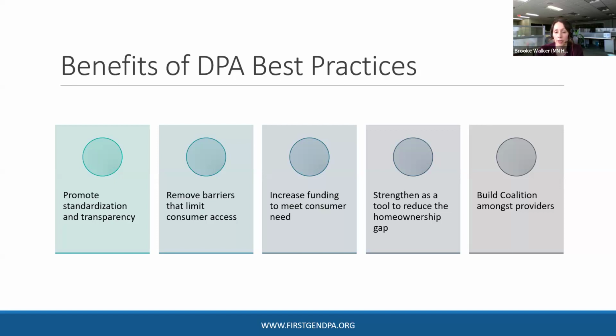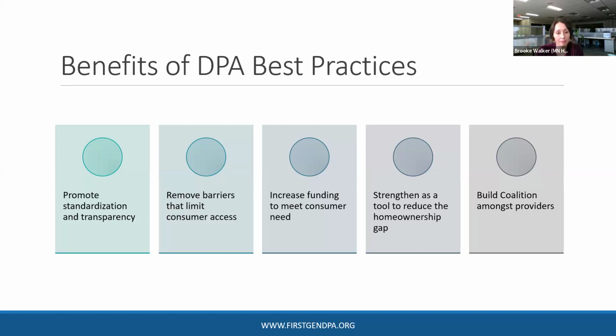It helps to create a pathway forward and legitimize current programs, as well as the argument for increasing investment in current and new programs. Also, it's an opportunity to look at ways to make sure that down payment assistance is reaching those who need it the most and those who have been left out of the opportunity